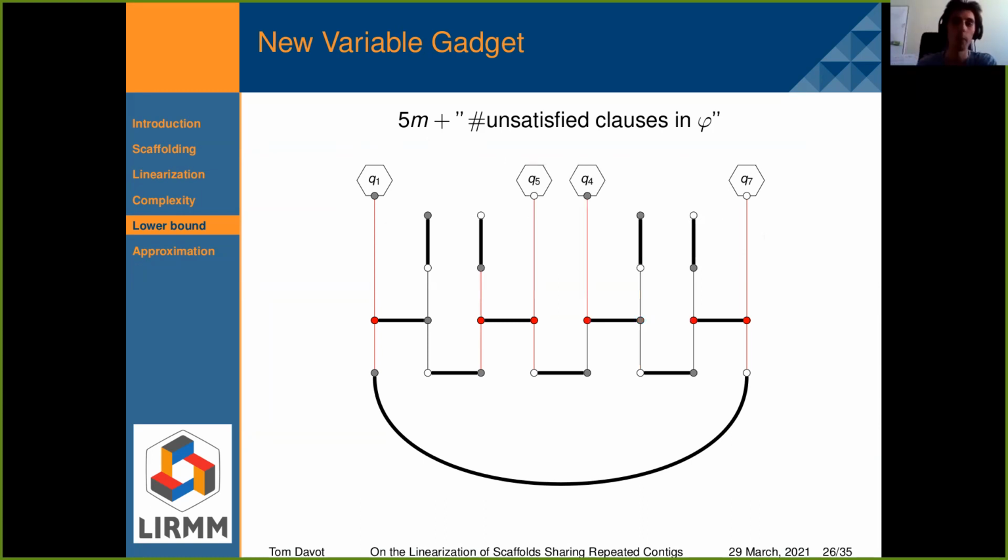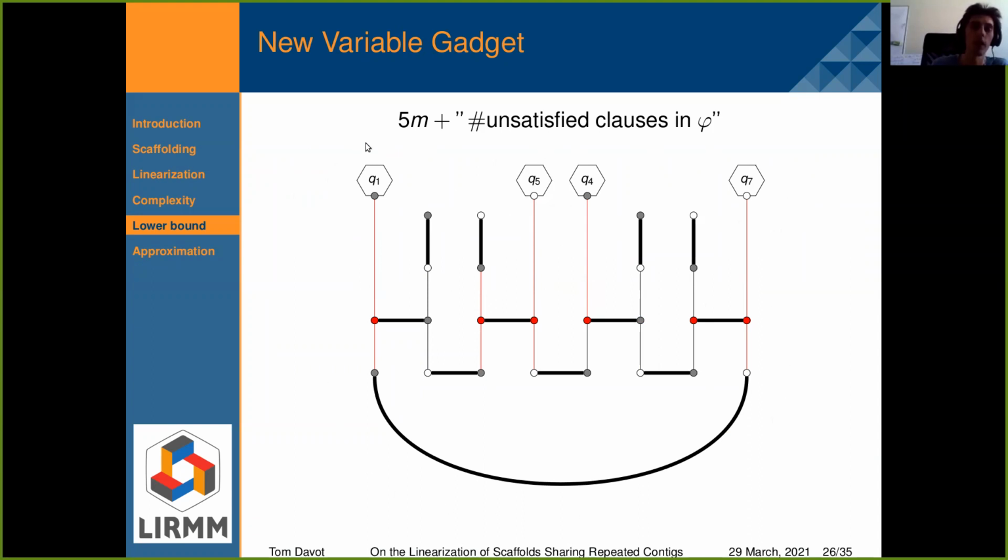So to prevent that, I modify this gadget by alternating successively a clause where the variable appears positively and a clause where the variable appears negatively, like this. And by doing that, if I want to satisfy every clause that is linked to this variable, I have to use 2 extra cuts in my variable gadget.